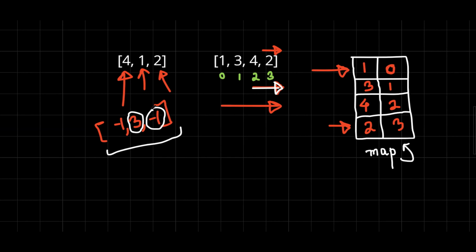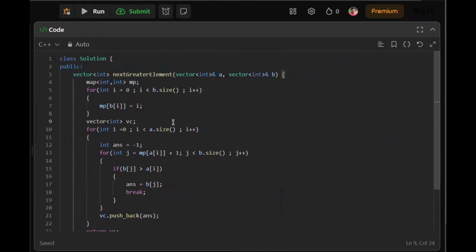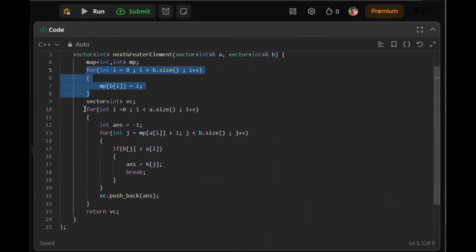I hope you understood the algorithm. Now let's move on to the code. In this problem, the code is pretty simple. At first, we are given a function named nextGreaterElement, which has two parameters, vector A and vector B. Here we are using a map and we store the key-value pairs of the second array. Now for each of the elements in the first array,